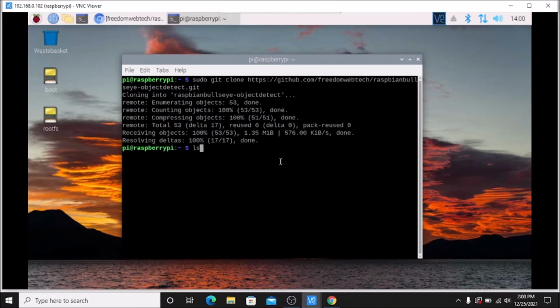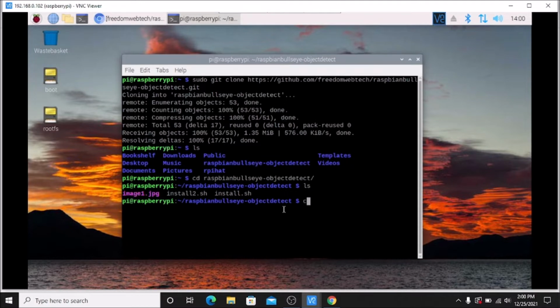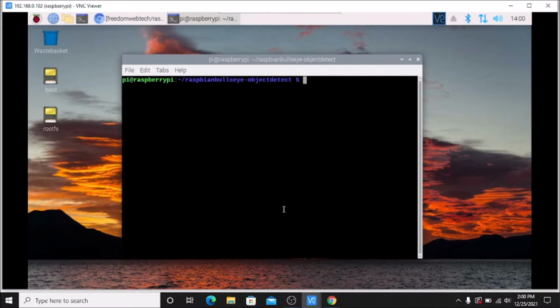If I run the ls command, this is our folder, as you can see. We need to go inside that folder, so I run cd raspi and press the tab button. Then I clear the screen and run ls, and as you can see, this is our image and these are our two bash files.